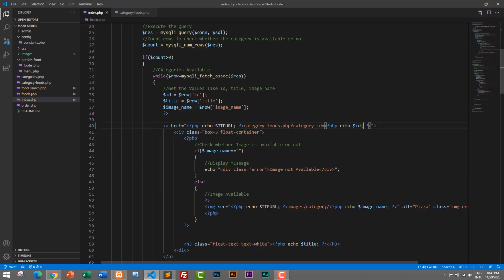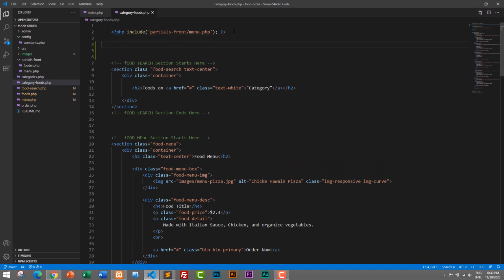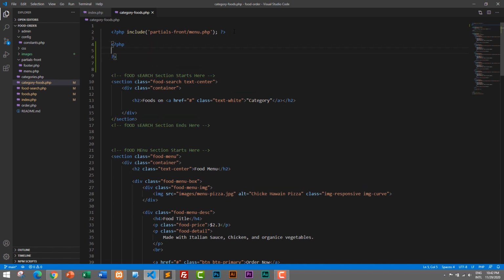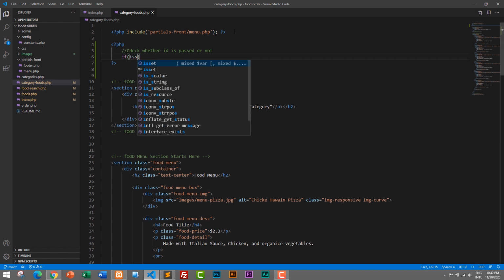Okay, so let's go back. Now we have passed the ID from index.php. Now we need to go to category foods and get the category ID here. At the top after the menu, I will open PHP and check whether the ID is passed or not. So check whether ID is passed or not, and if ID is passed, so if isset